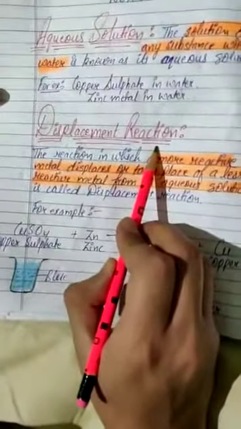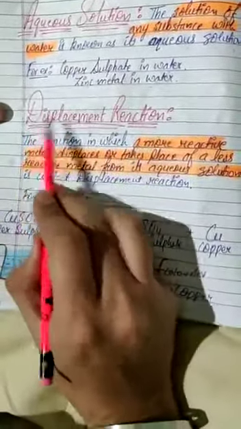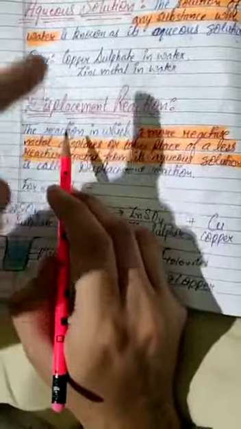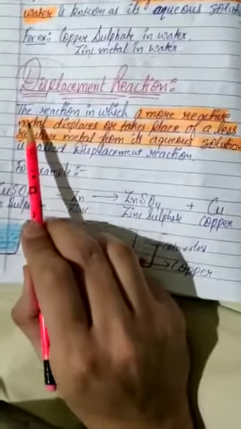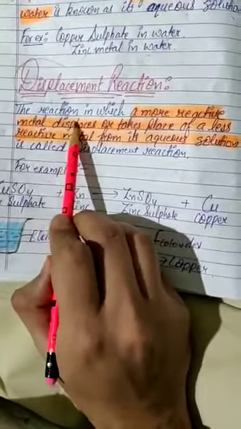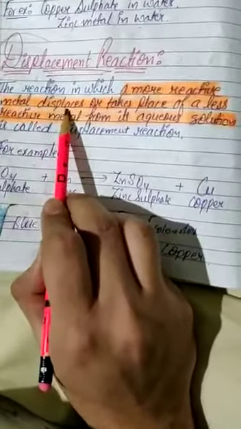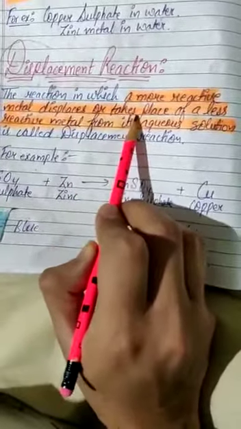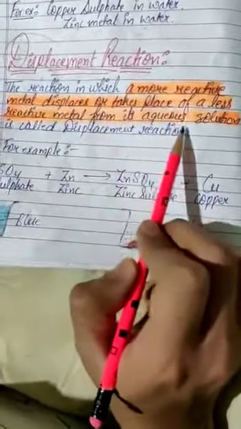So now what is displacement reaction? Displace, as the word suggests, means taking the place of some other thing. Listen to the definition first. The reaction in which a more reactive metal displaces or takes place of a less reactive metal from its aqueous